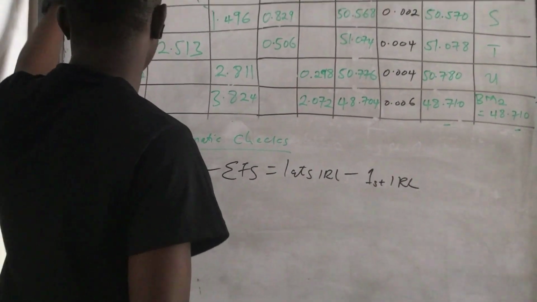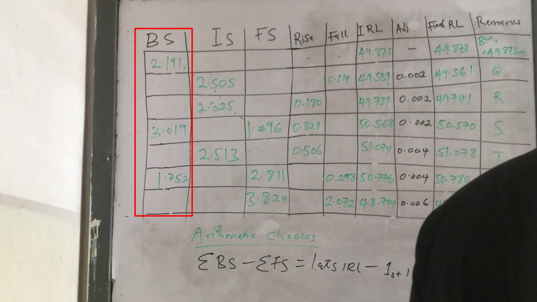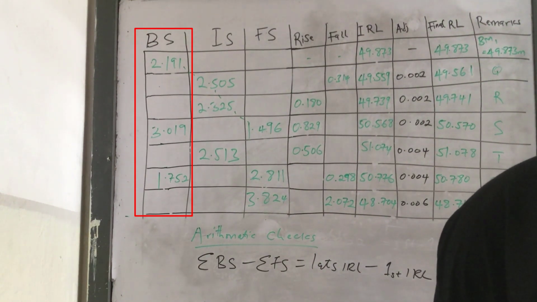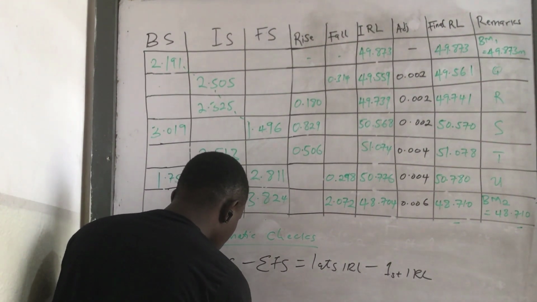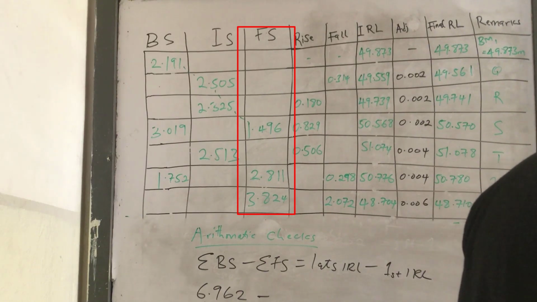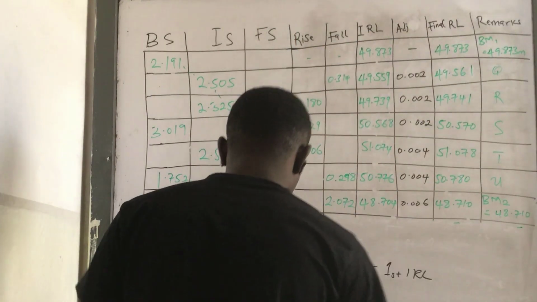There's another one. So the first one, we sum all these ones. So I'm just going to sum this one plus this one plus this one. And what do we get? Let me do that here. So 2.191 plus 3.019 plus 1.752, and so at this point we get 6.962, right? And then minus. Now I'm going to go ahead and sum all the fore sides. So we have 1.496 plus 2.811 plus 3.824, 8.131,